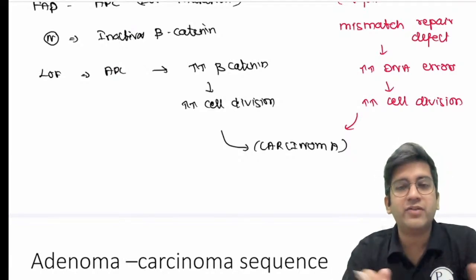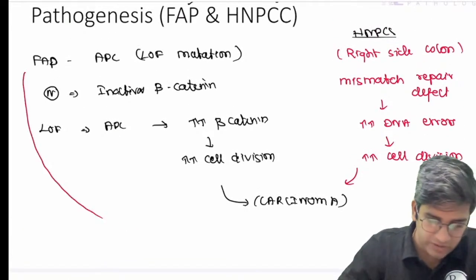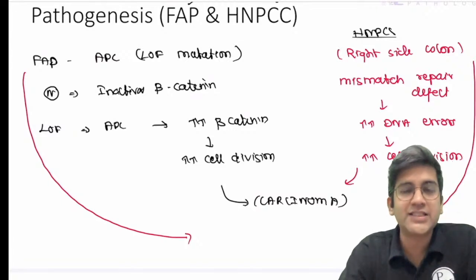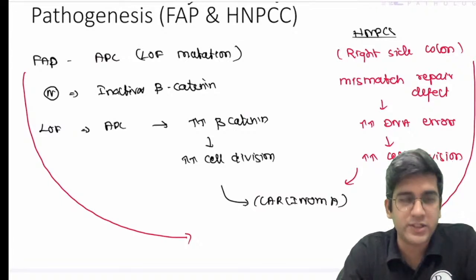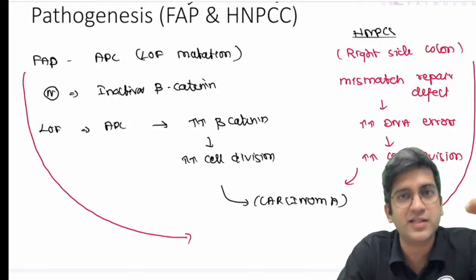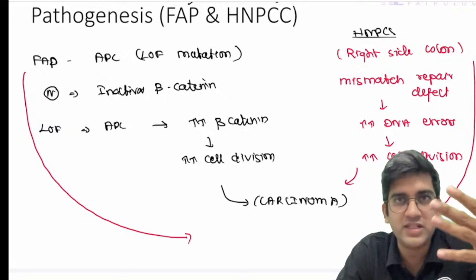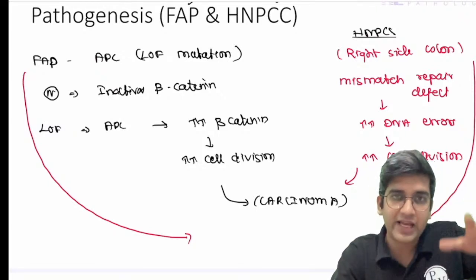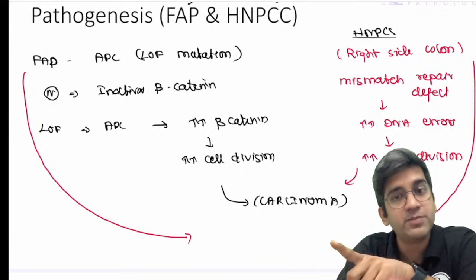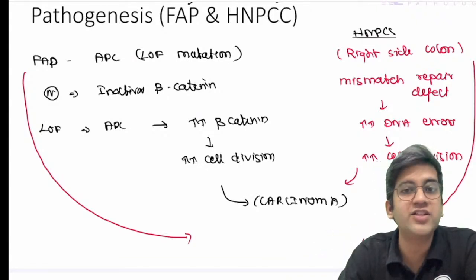Now I'm going to have an adenoma carcinoma sequence. So I have one type of adenoma carcinoma transition here and one more type of adenoma carcinoma transition here. This sequence is very important for two reasons. One, it will talk about the progression or the precursor lesion. In cervix, we had normal, CIN 1, 2, 3, cervical cancer. Like that, for FAP, I'll have normal, adenoma, carcinoma. For HNPCC, I'll have normal, serrated adenoma, carcinoma. So the precursor lesion differs here, fine.